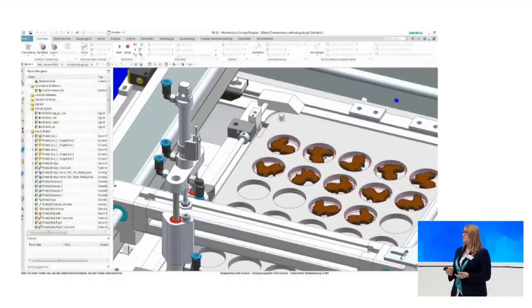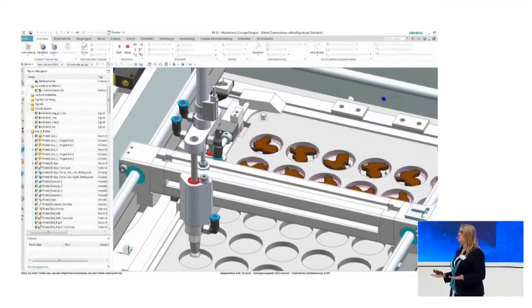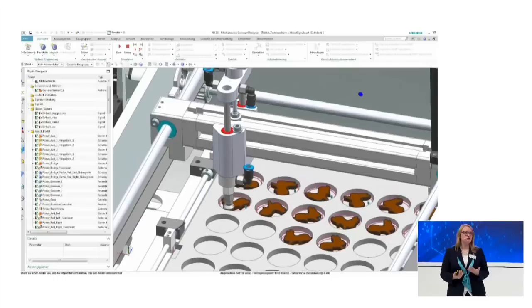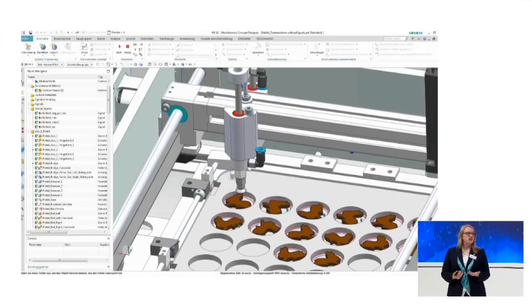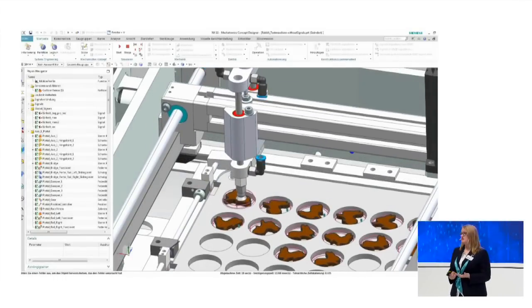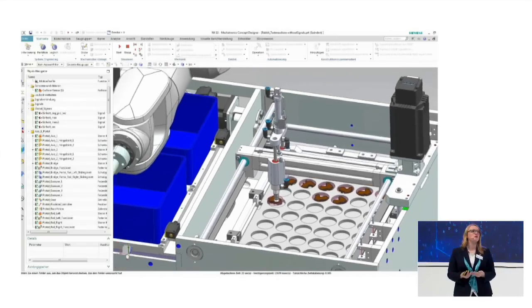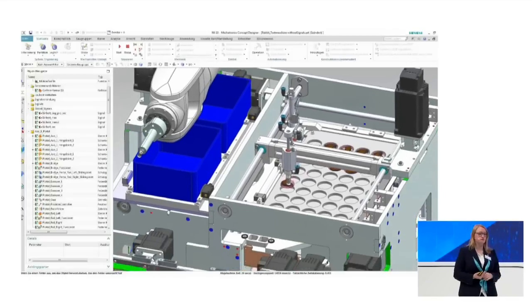And with PLCSIM Advanced, you are also able to control virtual models of your machines or of your plants, like, for example, was done here with the NX Mechatronics Concept Designer. This allows you to validate and even optimize automation sequences and error scenarios before the real commissioning comes along.